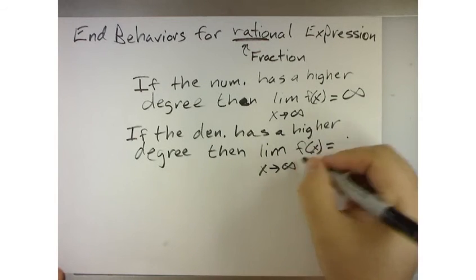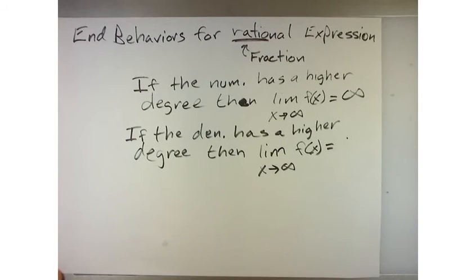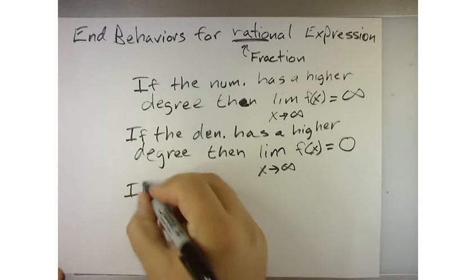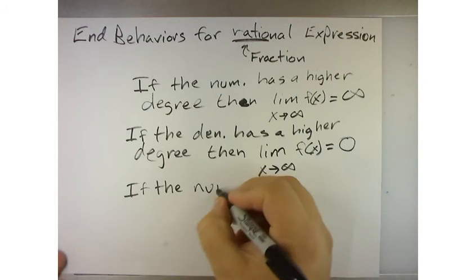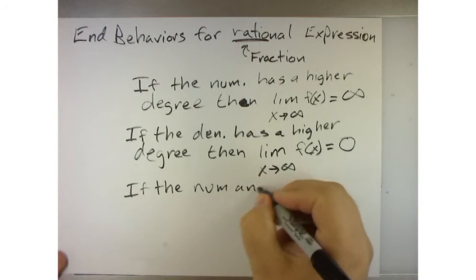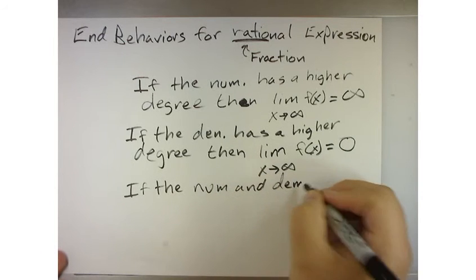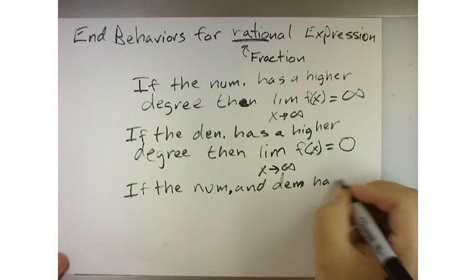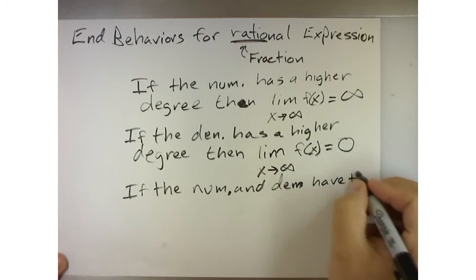If the denominator has a higher degree, what would we do? What's the limit look like? 0. And then if the numerator and denominator have the same degree,